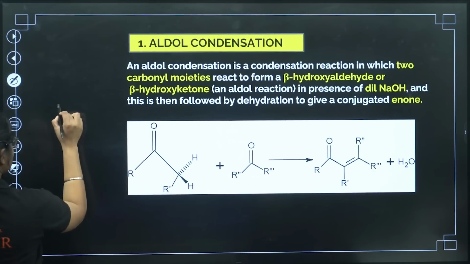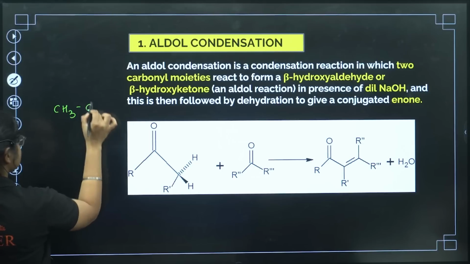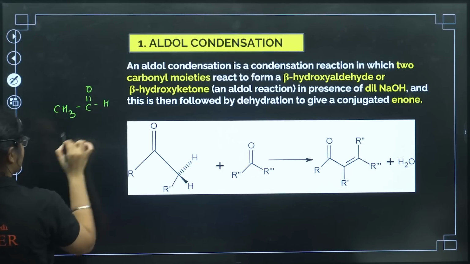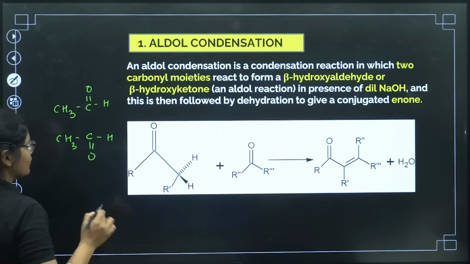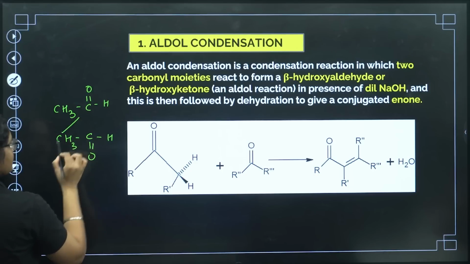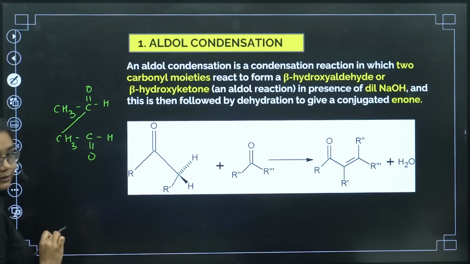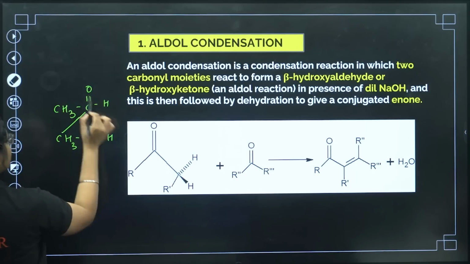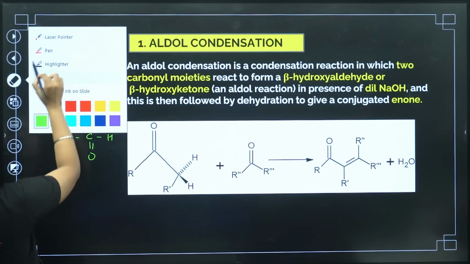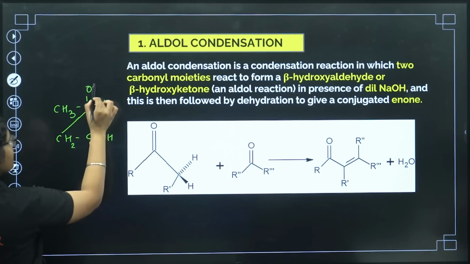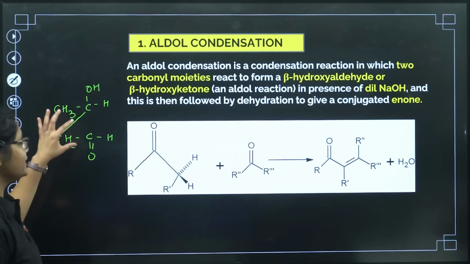So for example, if I have CH3CHO, I have to do aldol condensation for this one. So write down this molecule 2 times, up and down. Connect the alpha carbon with the carbonyl carbon. You are forming a bond here. What you will do, you will erase one bond here. Now here you will remove one hydrogen and add one hydrogen here. This is the initial product formed.